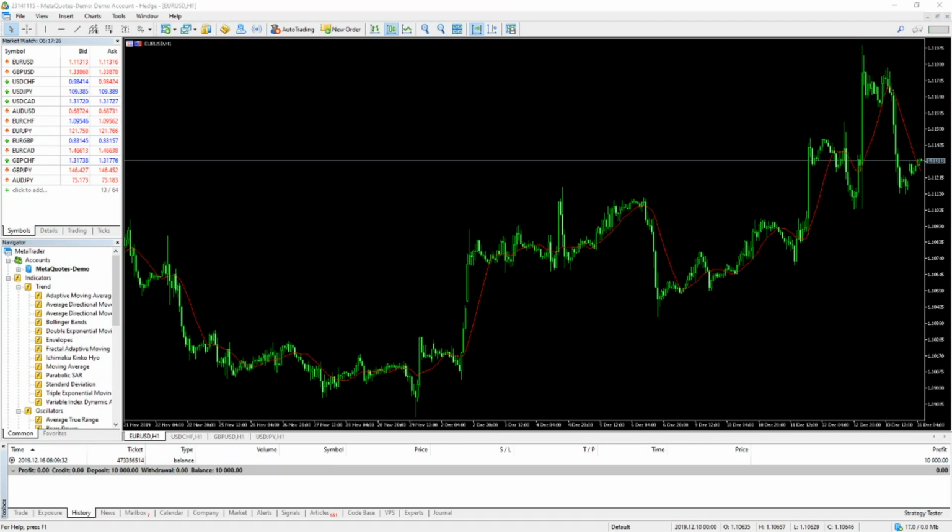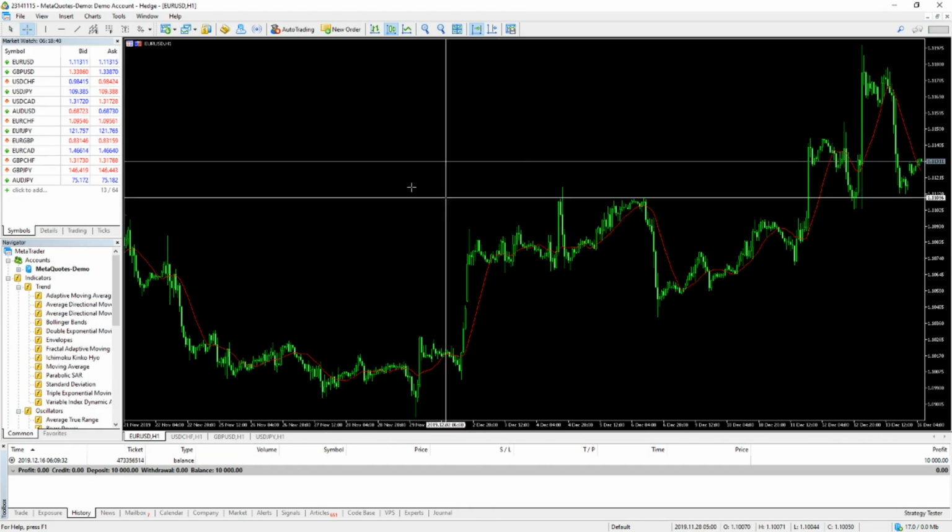We will talk more in detail about how to set up the colors and everything, but right now I just want to go through different parts of the platform. Here you are seeing the price, and at the bottom you see the time. At a particular time, this line, the current price is 1.1131, and the time is